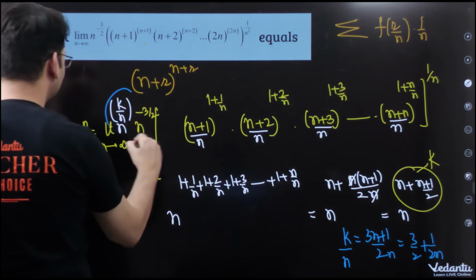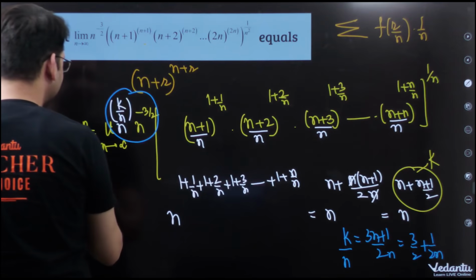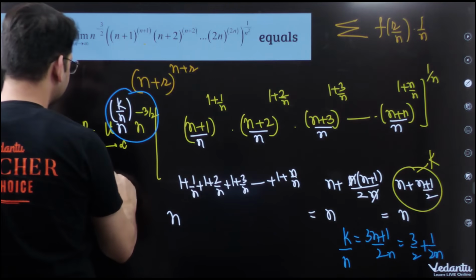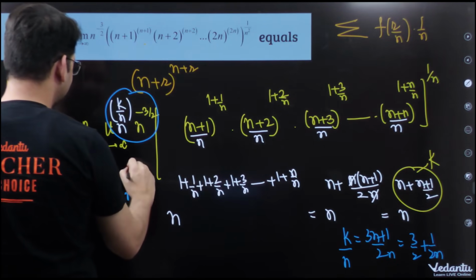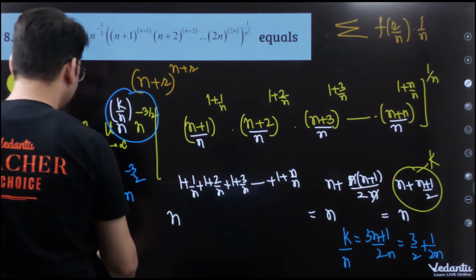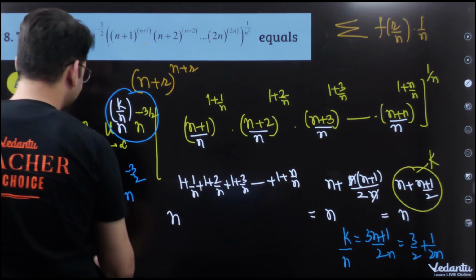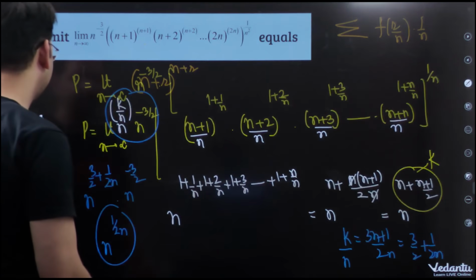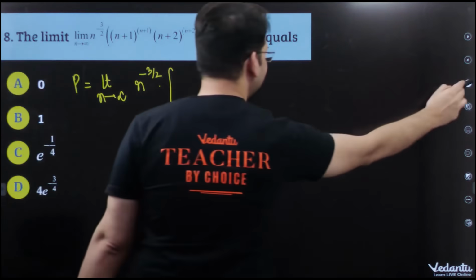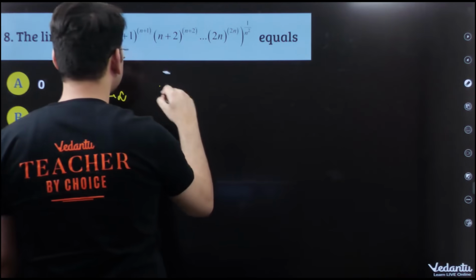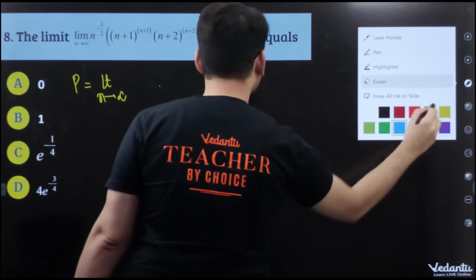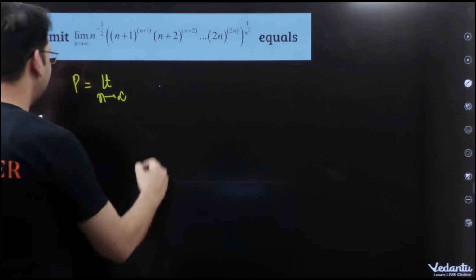Right, so let us look at what is happening before. So n to the power 3 by 2 plus 1 by 2n, into n to the power minus 3 by 2. So n to the power 1 by 2n is going to be left. Right, so this is going to be n to the power 1 by 2n